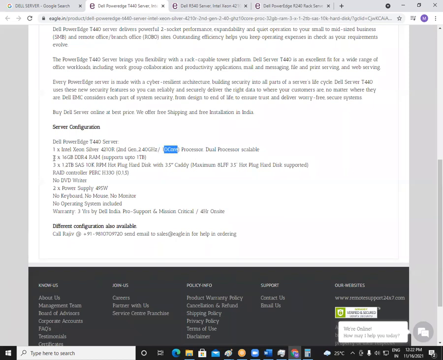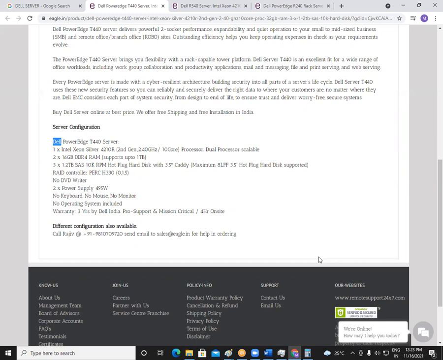Now we have 2 16 GB RAMs available and it can go up to 1 TB of RAM. That is too much, right? Okay. And there is no keyboard, no mouse. And the main thing here is there is no operating system also. So whenever you take a server, in many cases, the server will come without an operating system. This server is from which company here, friends? It is from Dell. So Dell is a company that manufactures your hardware.